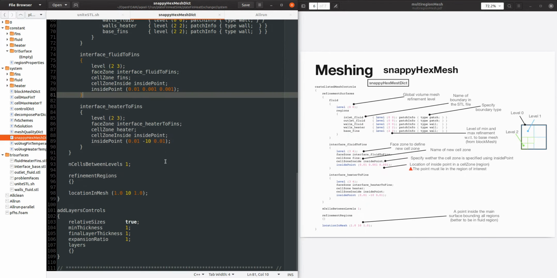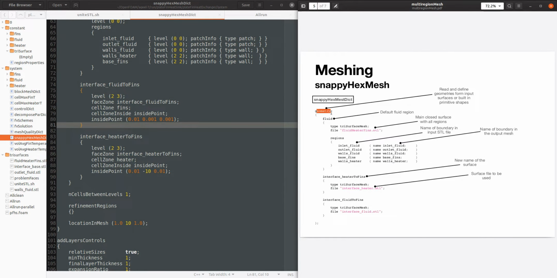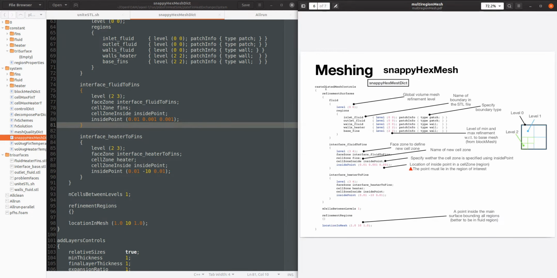So these are the only things that we need to add. One, the parameters on geometry, and the others are the controls, how refined each region is.